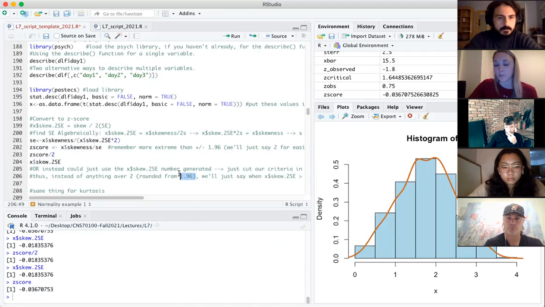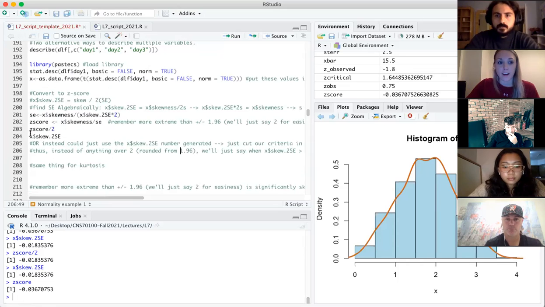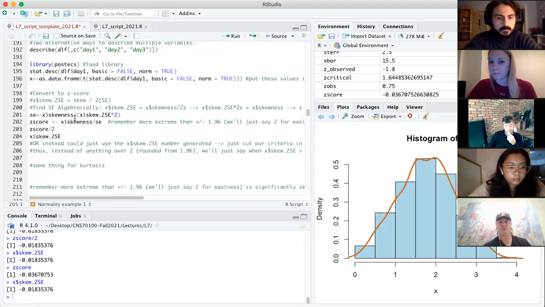Usually our criteria is 1.96. Let's round up to 2 for simplicity's sake. Half of that is 1. So if this value is more extreme than 1, you say it's statistically skewed. Same thing for kurtosis. So my answer is coming up as 2.3,